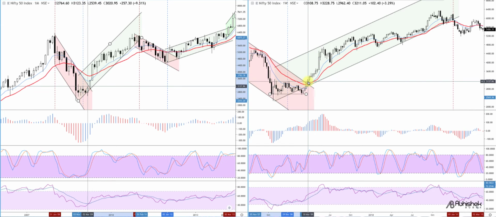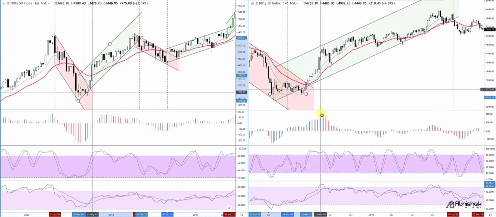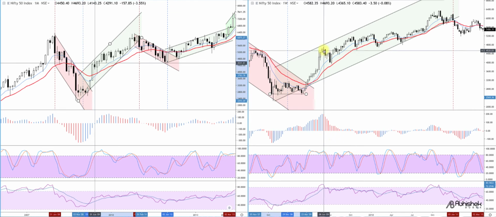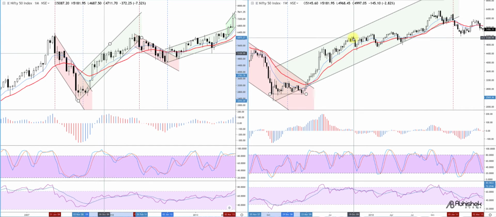Once you have taken a long position, you've probably booked your profits here because of the doji, because of the M-shaped stochastic here in the weekly chart, and the price is correct till the value zone, which is the moving averages. Now you can re-enter here after confirmation of the support from the moving average,